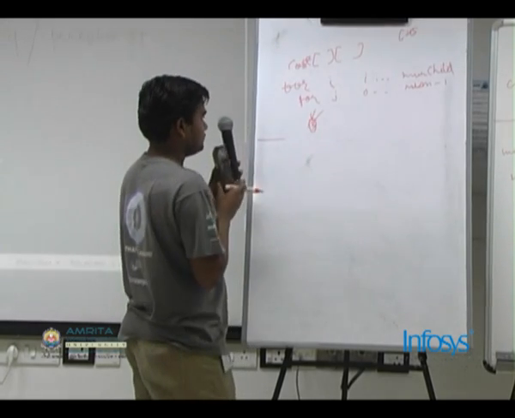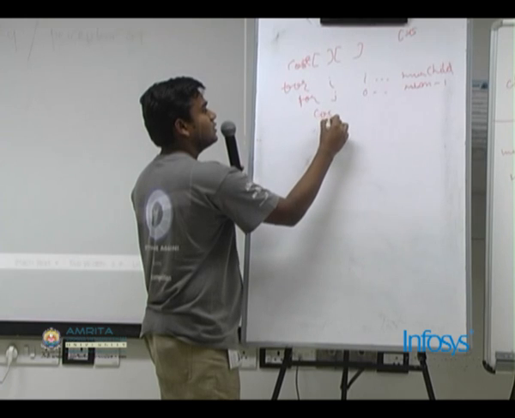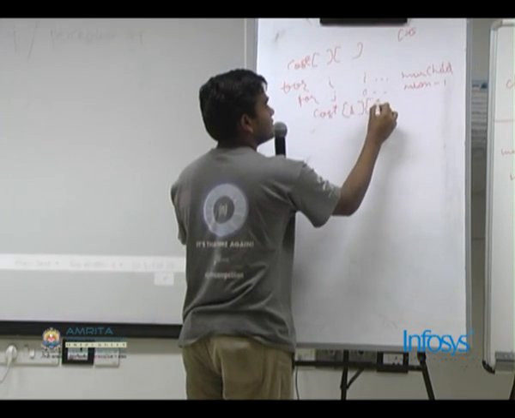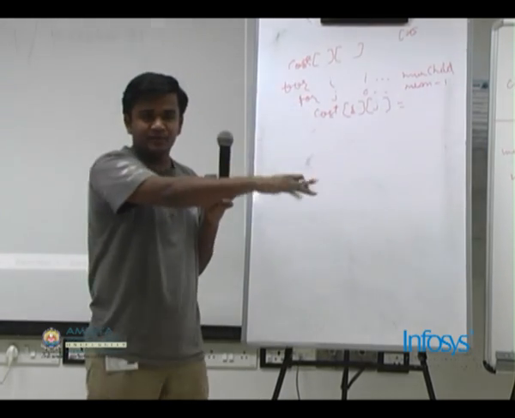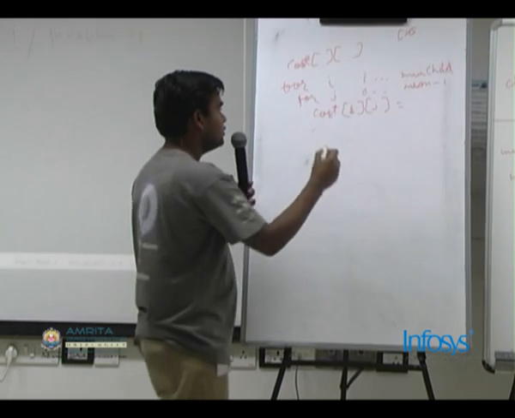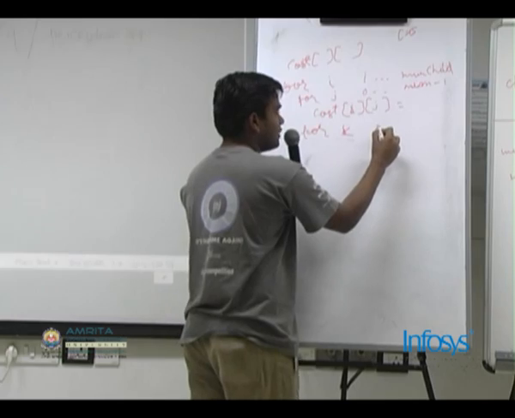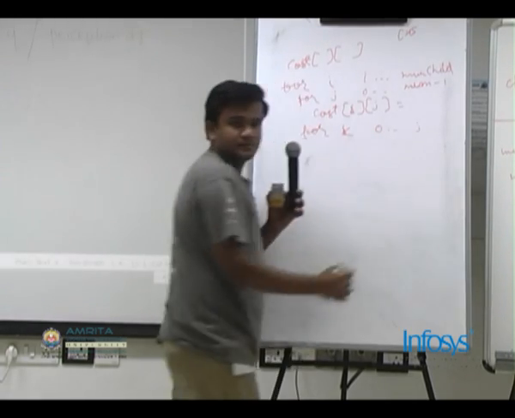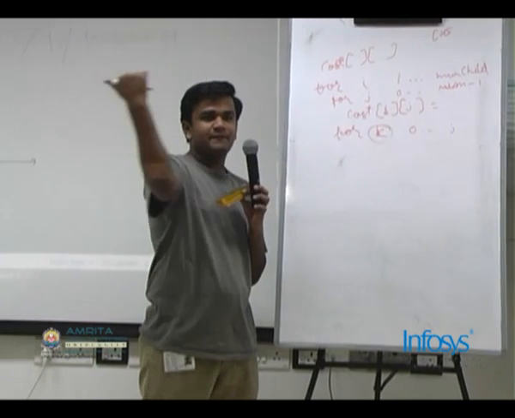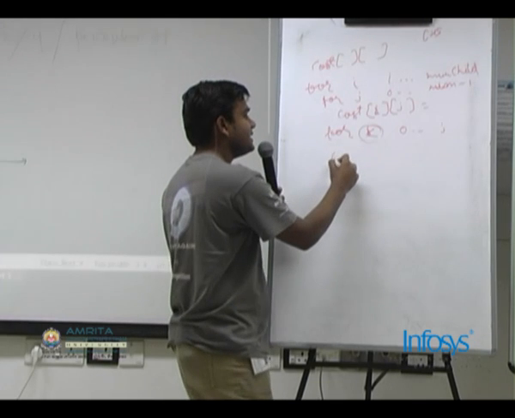Now we will set cost of ij to some really large negative number because we want to find the maximum. So we just do some initialization. Now for k ranging from 0 to j, this k is the number of vertices which you want to pass on to the i minus 1 children. Is that clear?